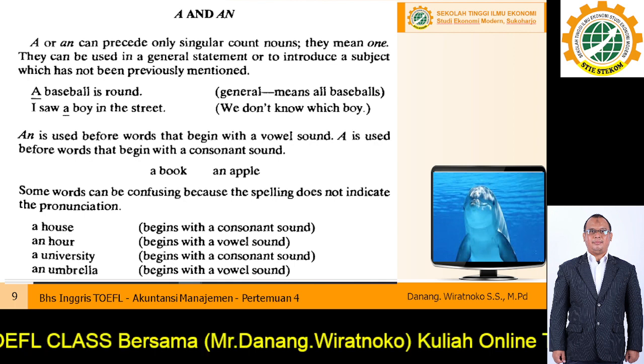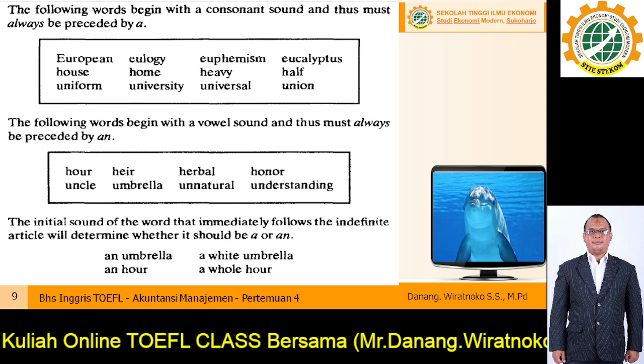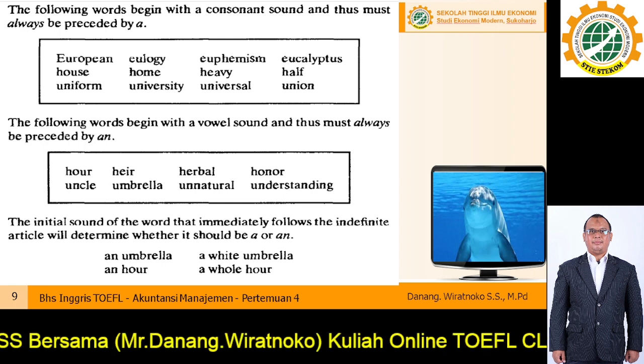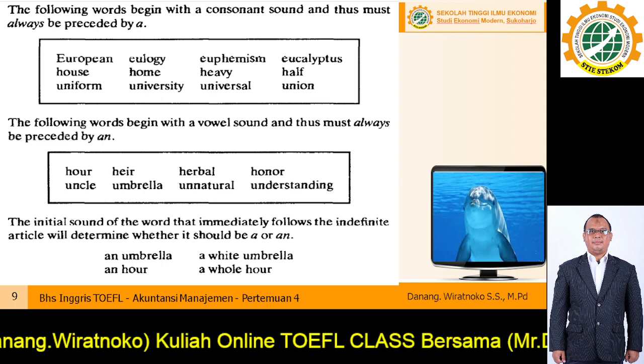Okay. So the following word begins with a consonant sound and thus must always proceed with an a. A European, a house, a uniform, a luxury, a home, a university, an affirmative, a heavy, a universal, a half, a union. The following words begin with a vowel sound, thus must always proceed with an an. Nah, ini harus pakai kata an. An hour, an uncle, a hair, an umbrella, a herbal, an unnatural, an honor, an understanding. The initial sound of the word that immediately followed